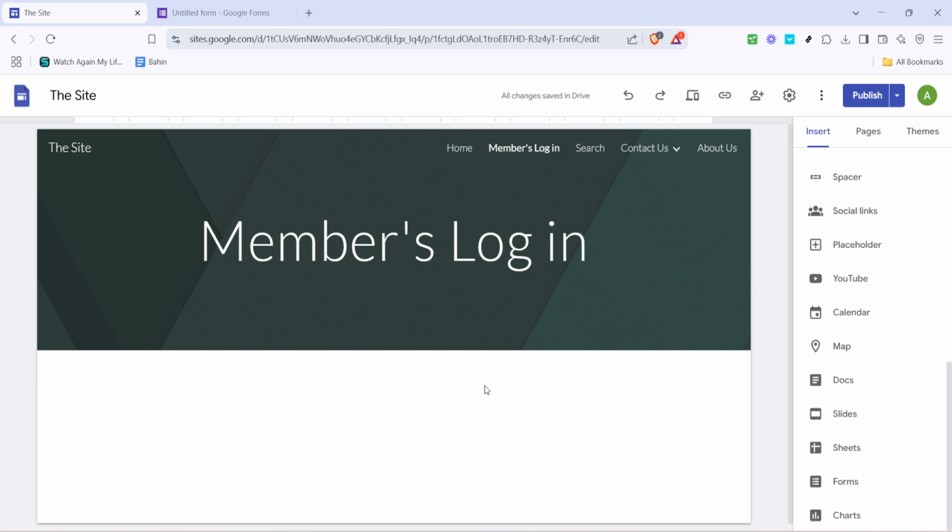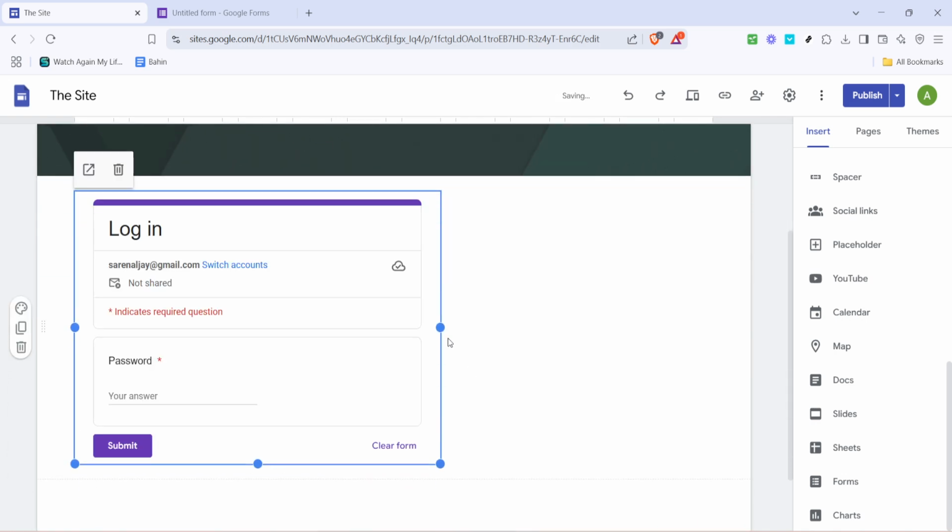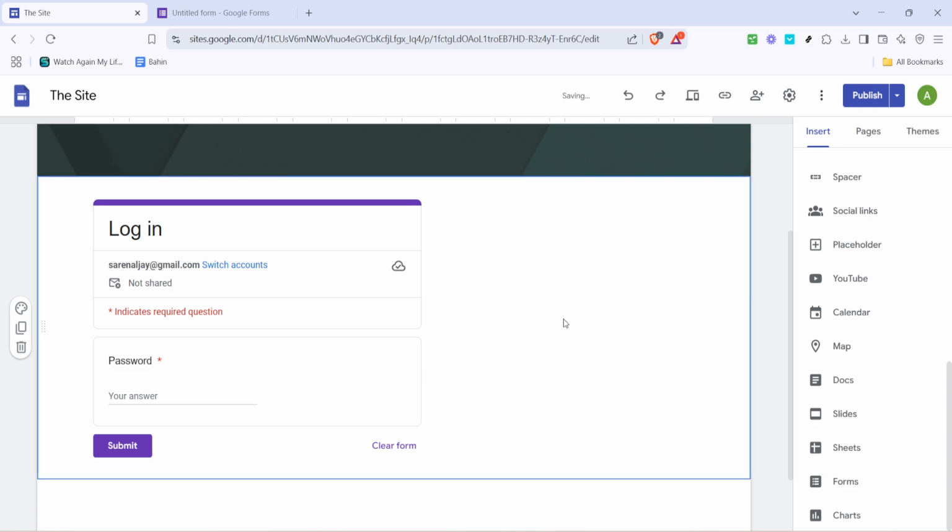And there you have it, folks. You've successfully created a login page on Google Sites using Google Forms. This setup not only provides an easy to use logging mechanism for your users, but also enhances the security of your site. Don't forget to test the login page to ensure everything works as